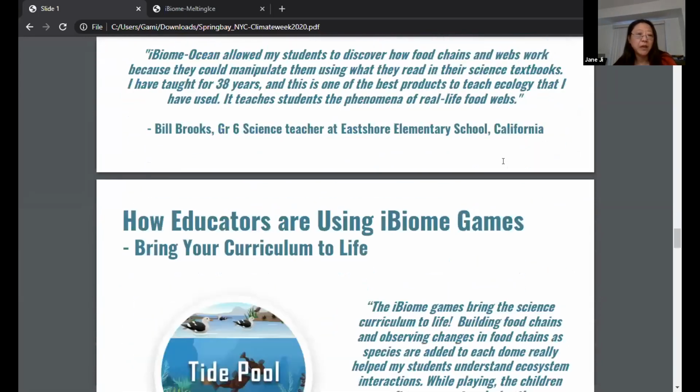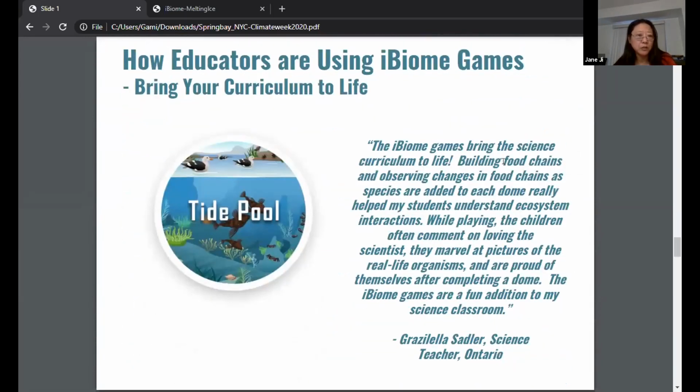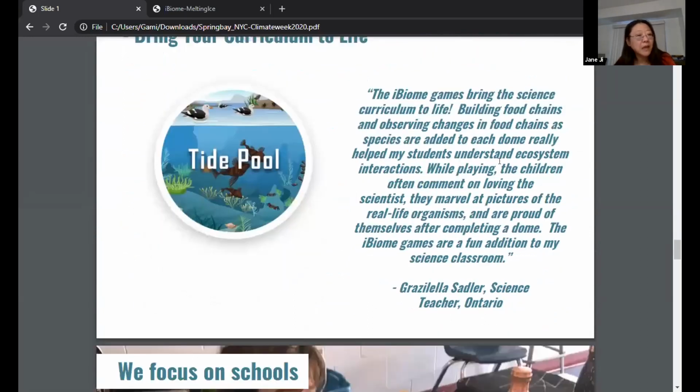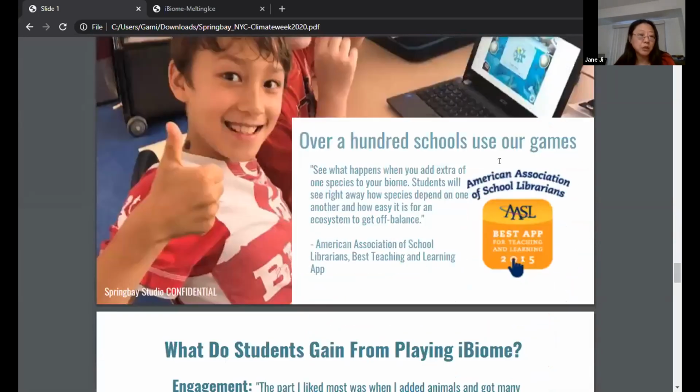Those are very engaging activities for your student to do at home, online with you, to bring your science curriculum to life. And we are also supporting teachers.